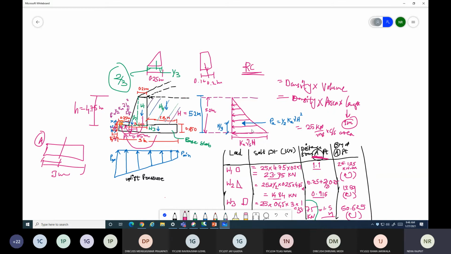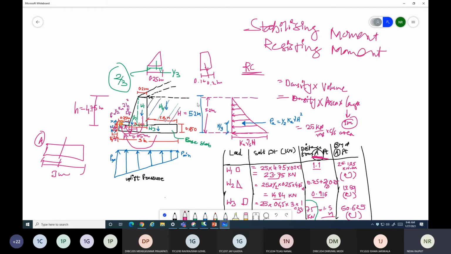Right. So this is your W1 force, W2 force and W3 force. Then self weight in kilonewton, distance from A point and bending moment also at A point. And all this moment are clockwise moment, means the stabilizing moment. This is called the stabilizing moment because that will not allow your retaining wall to overturn, because this weight will not allow the overturning moment. That's why it is known as stabilizing moment or resisting moment. Stabilizing or resisting moment.